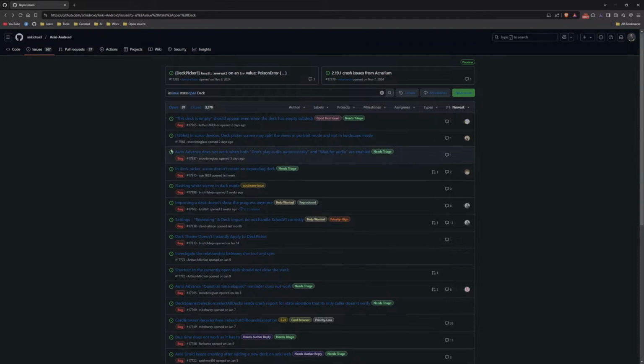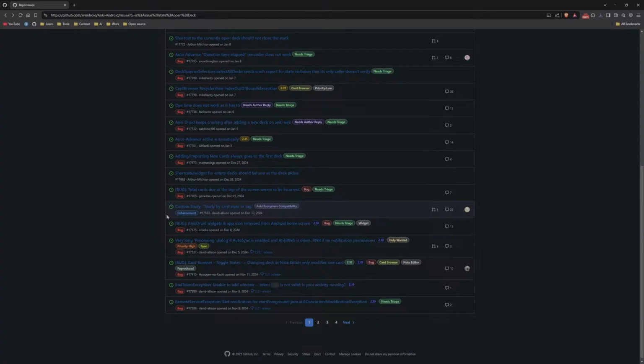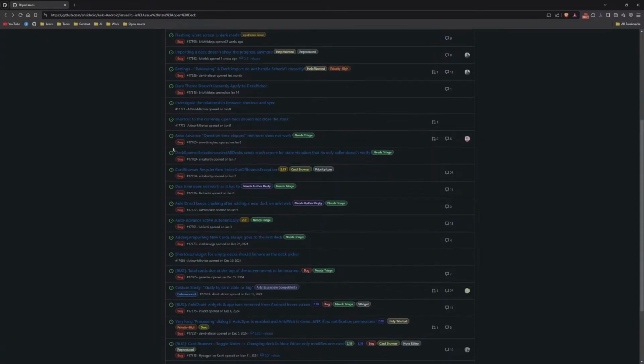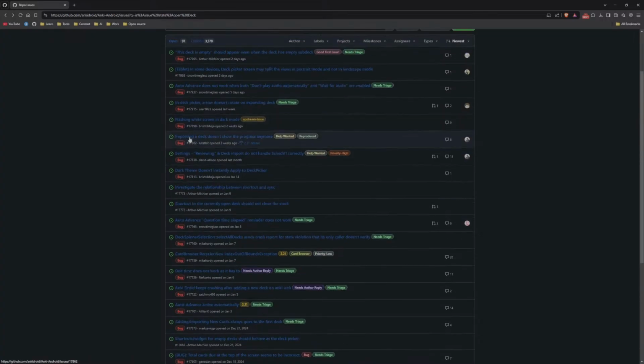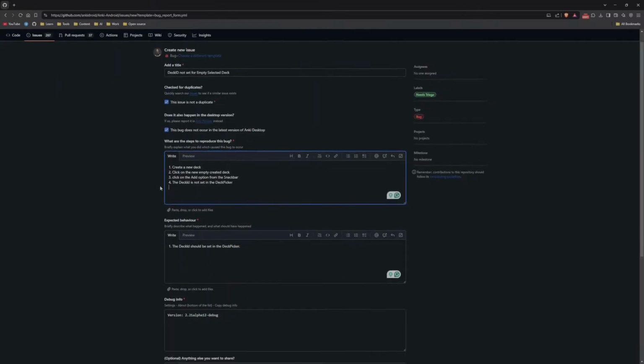I don't think there should be any issue because that is a quick fix, and they will not keep it for a long time from 2024. So I think there is no dark theme. Deck picker doesn't show the progress, so it's not there. Let's report it. Let's add the video to it,